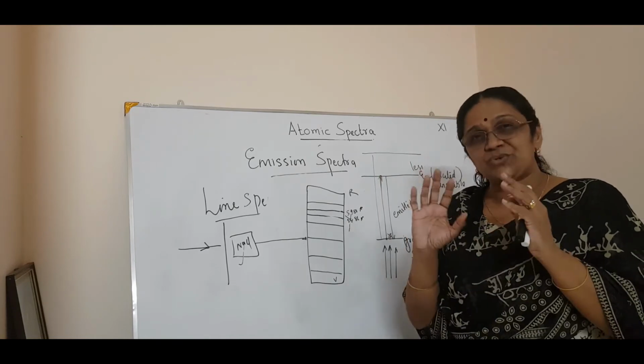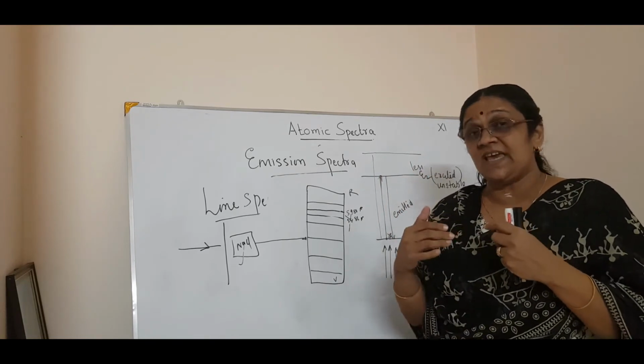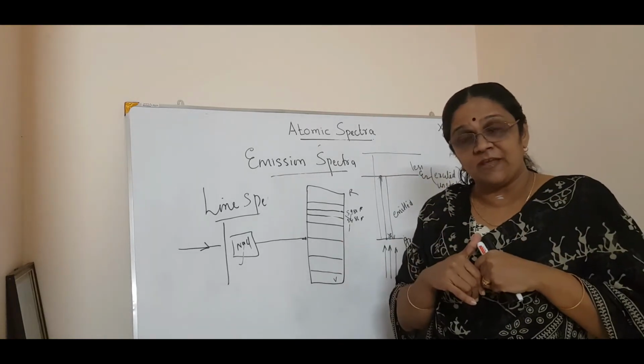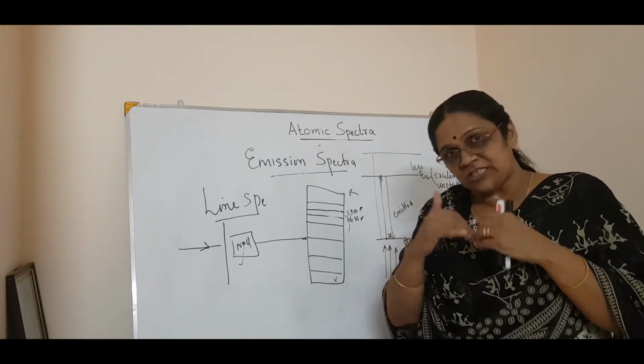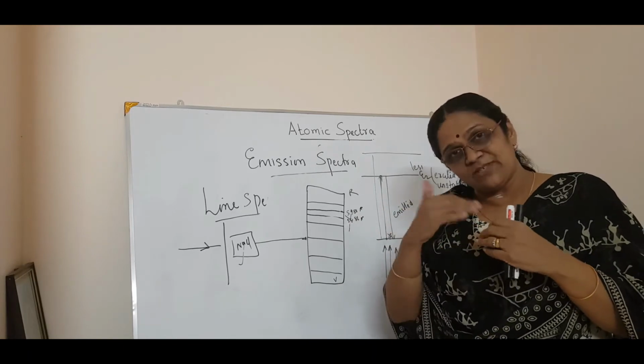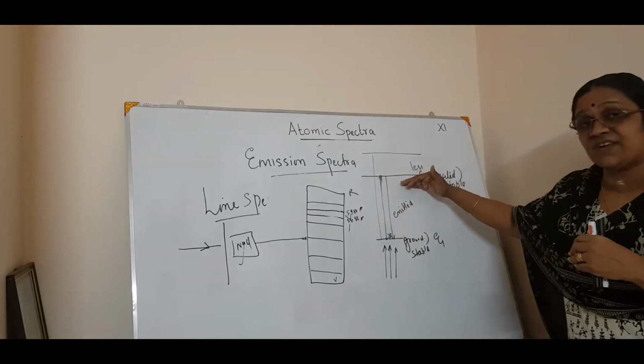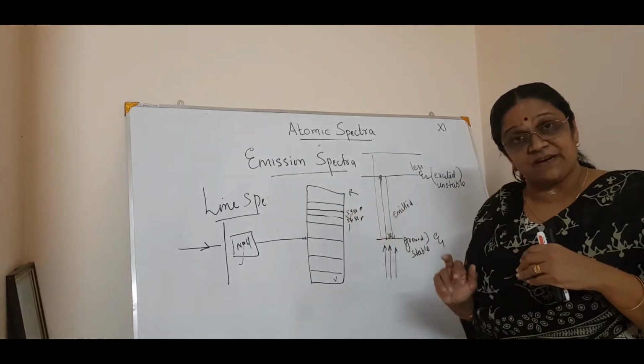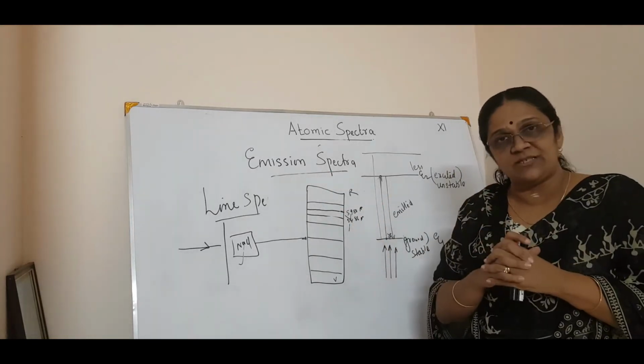So hope you understood the concept of absorption. If emission has to take place, absorption must be there, definitely. Okay, so absorption spectrum is there. Then after absorption, if the atom goes to an excited state, it emits back, and that emission, if it is taken in a spectra, is called an emission spectra.